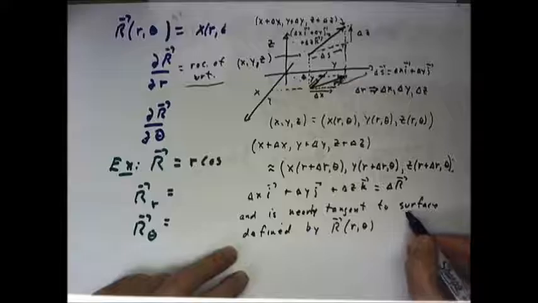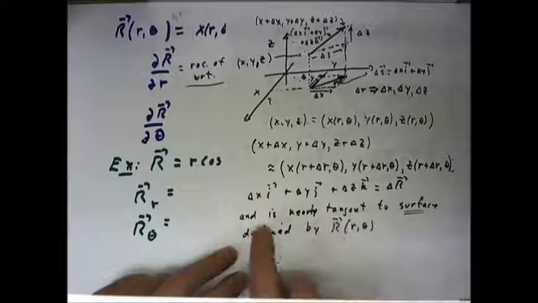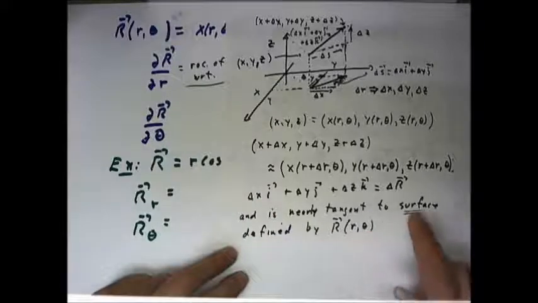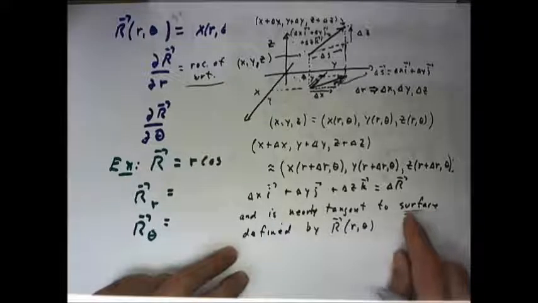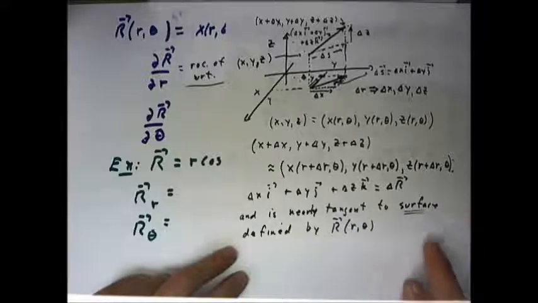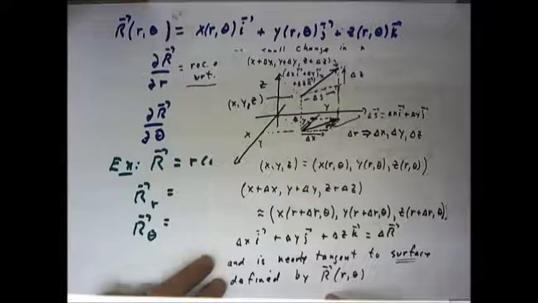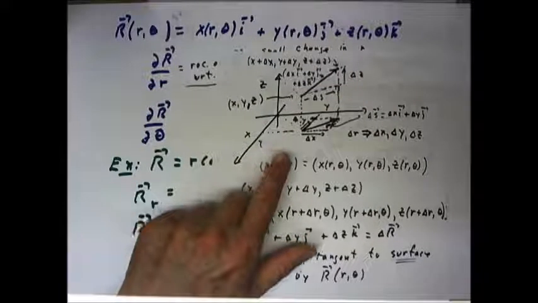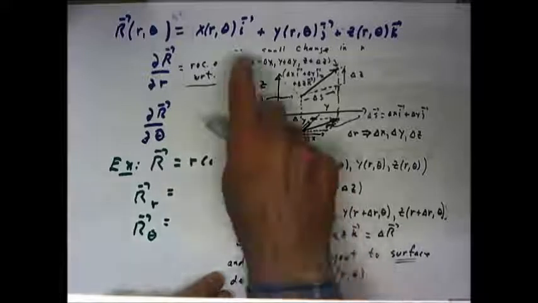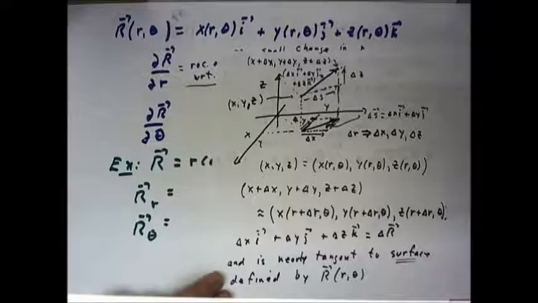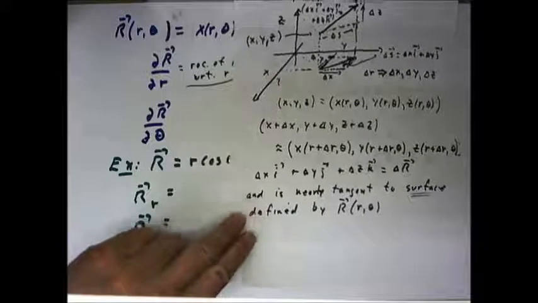Now, we haven't even really shown that this vector function r of r theta defines a surface. We'll see that shortly. As far as you know, that might define a curve instead of a surface. Although if you think about it, you'll see that this r function here should define a surface relative to the xy plane. That is a surface in xyz space. Now specifically,